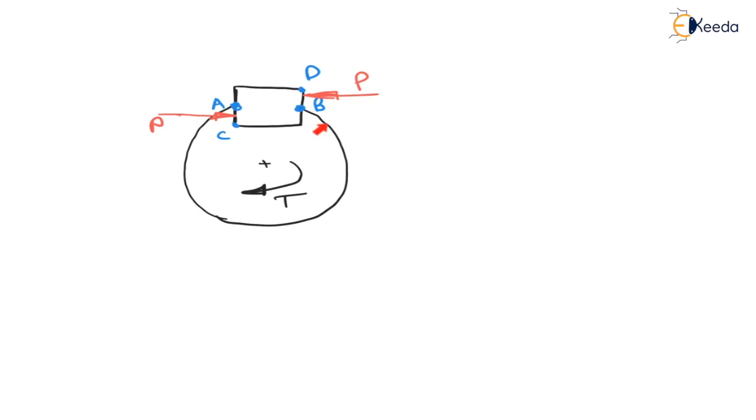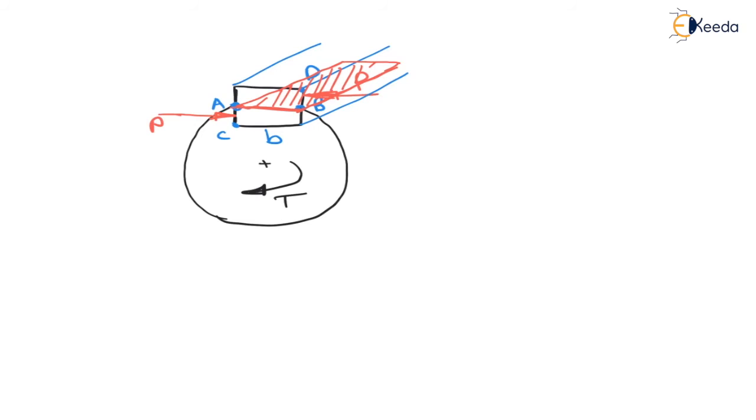First is shear failure of the key and second is crushing failure of the key inside the shaft or inside the hub. Now let us consider the shaft is rotating in clockwise direction. This shaft will apply force P on the key, therefore the hub will offer an equal and opposite reaction on the key. Because of these equal and opposite parallel forces, there is a chance of failure along AB for width B. This is the width of the key, here it is height H, and L is the length of the key. Therefore, the failure of the key will be for B into L. This will be the shear area of the key.